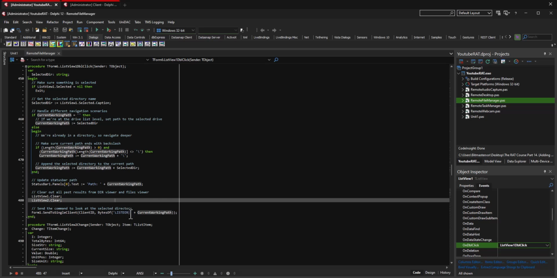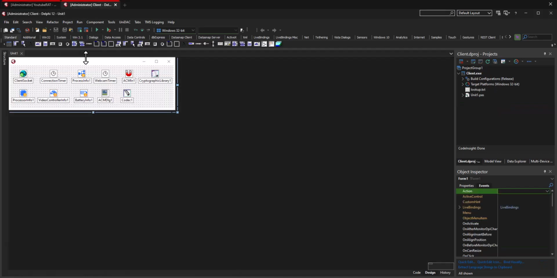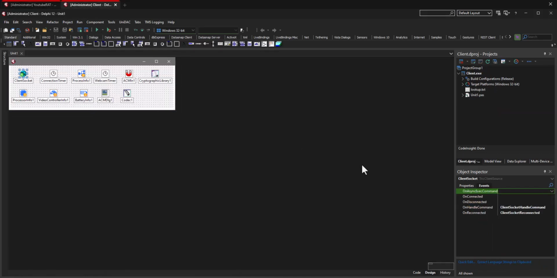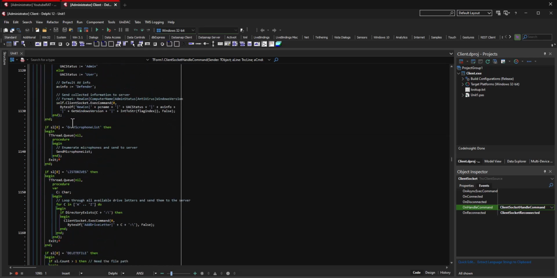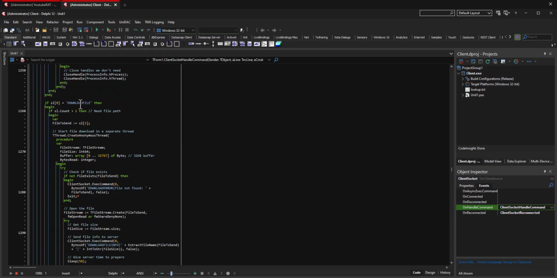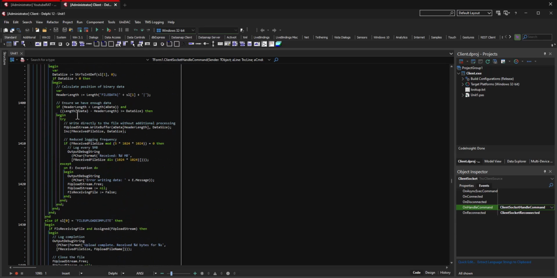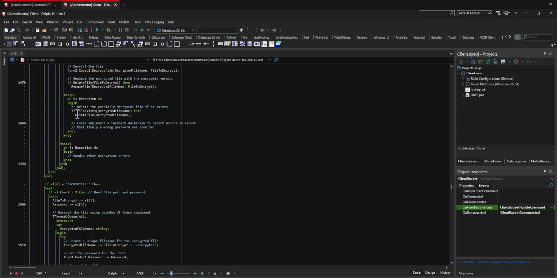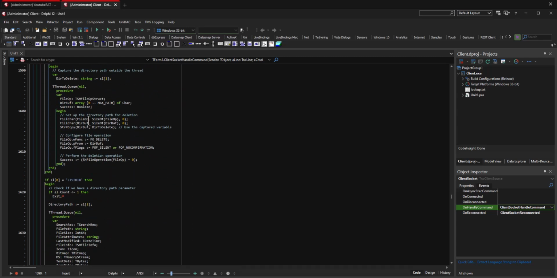Now that I've covered how we're keeping up with the current path and how we're sending list directory, let's pop over to the client real fast, and I'm going to go through that code with you. So when we're looking through this, we need to find list directory, right? Because when we send that over, that's one of the main things we're constantly asking from the client,